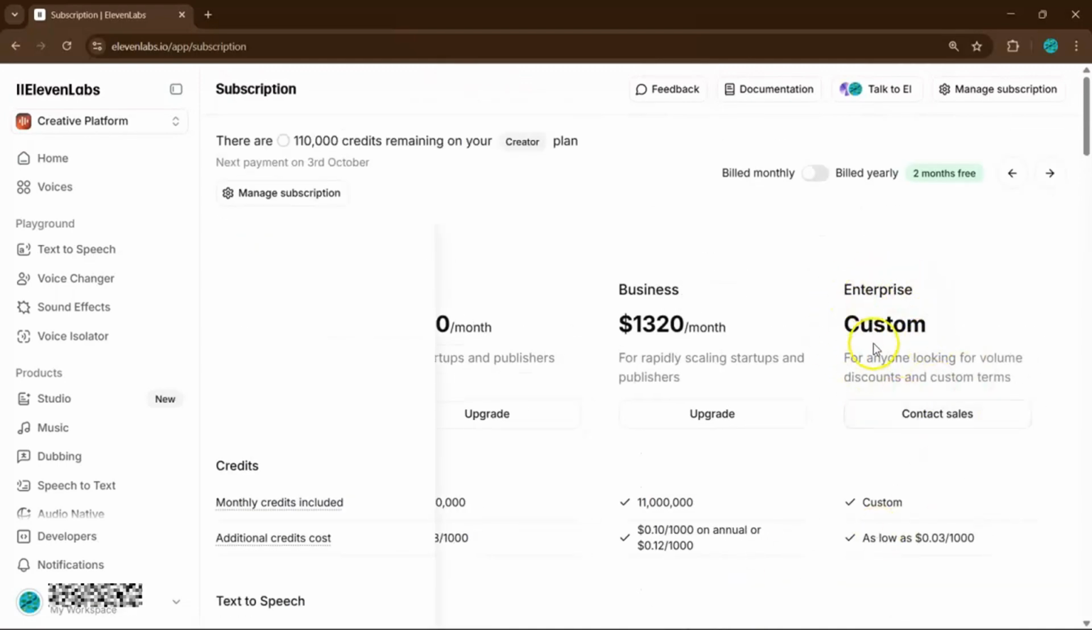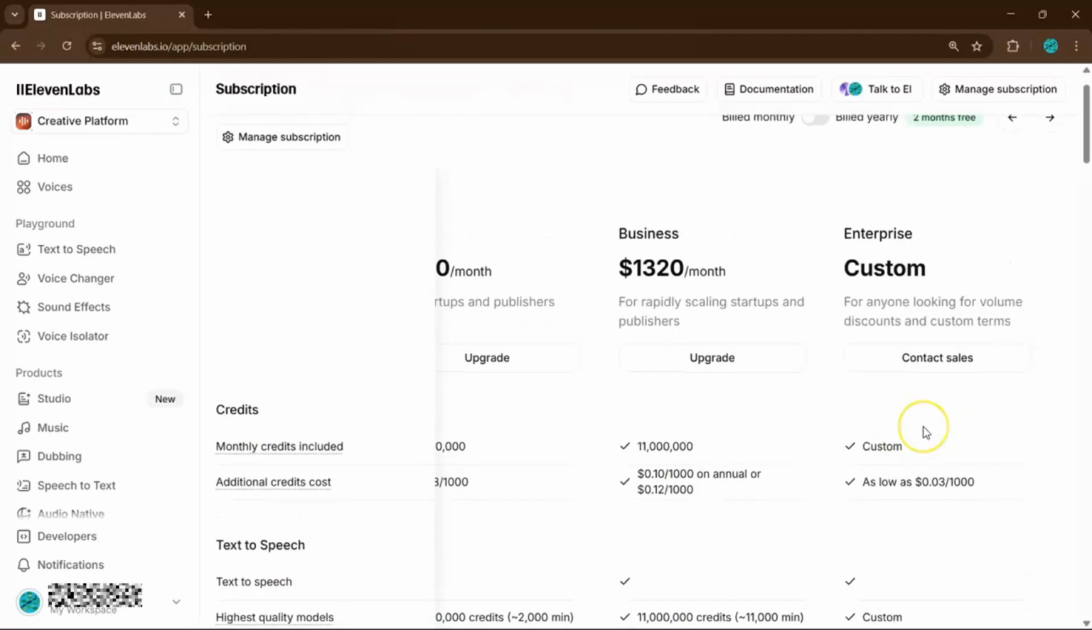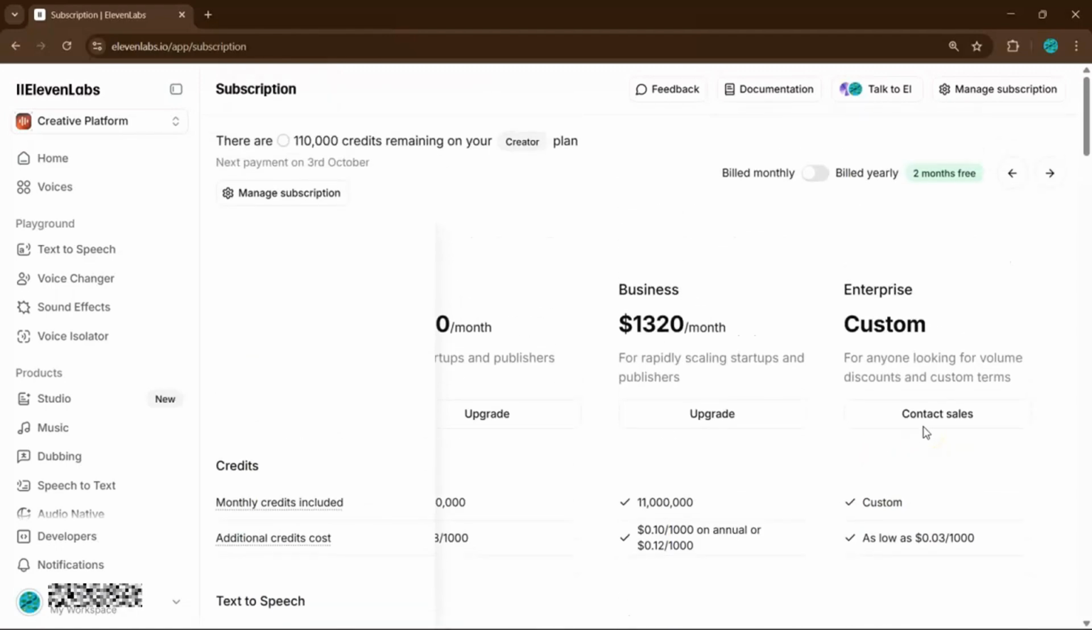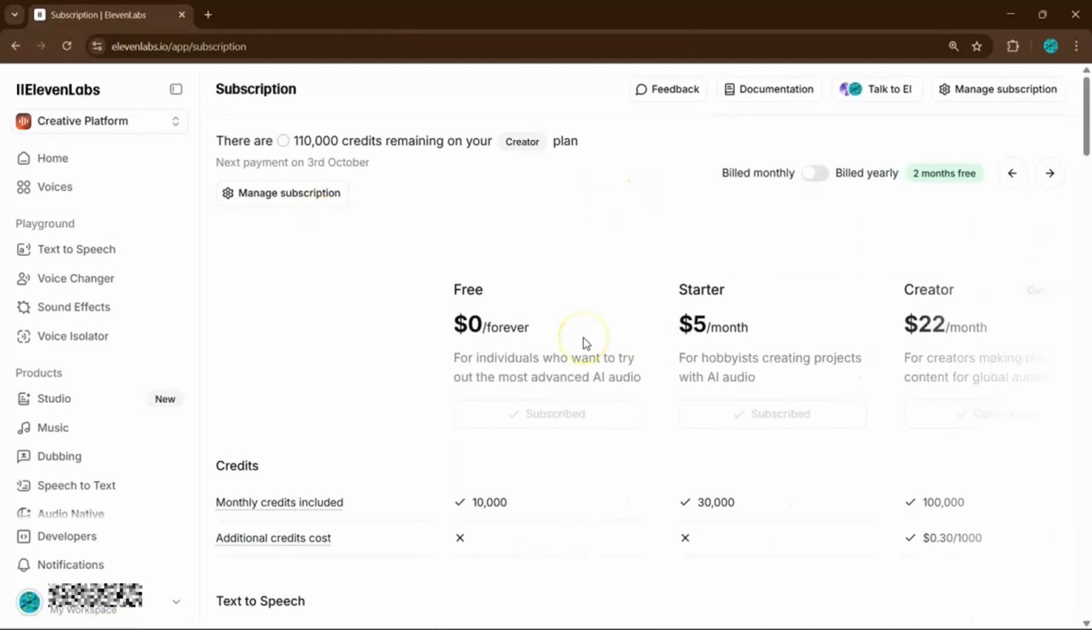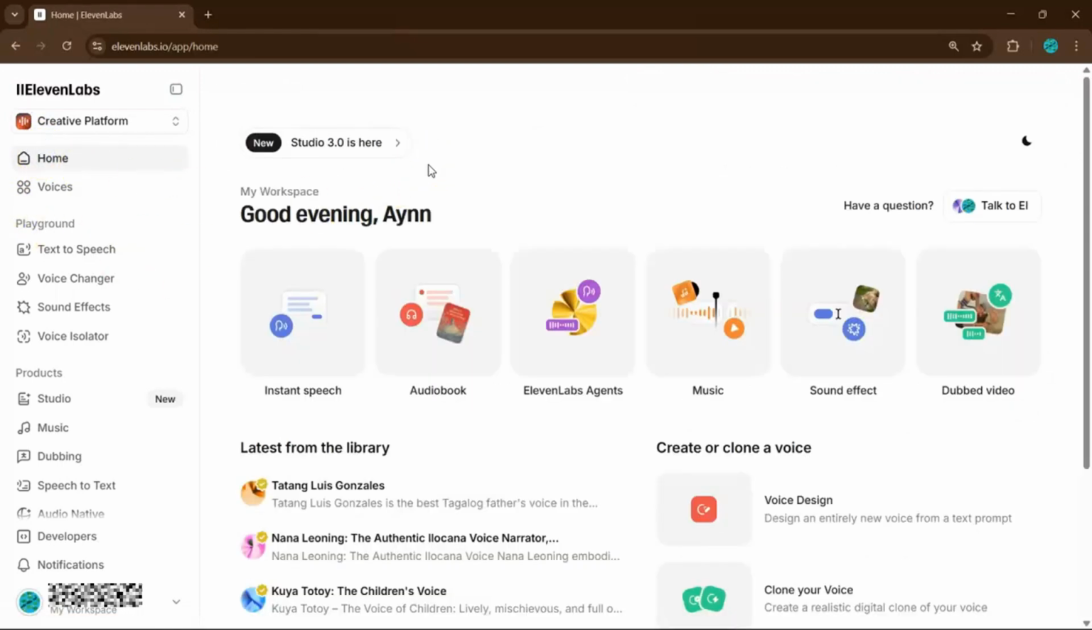And for massive organizations, there's the Enterprise plan, which has custom pricing depending on your needs, so you can negotiate the credits, seats, and support that fit your scale. So whether you're just experimenting for fun, creating content regularly, or running a large production team, ElevenLabs has a plan designed for your level. Now let's move on to the main thing that ElevenLabs is most known for, which is